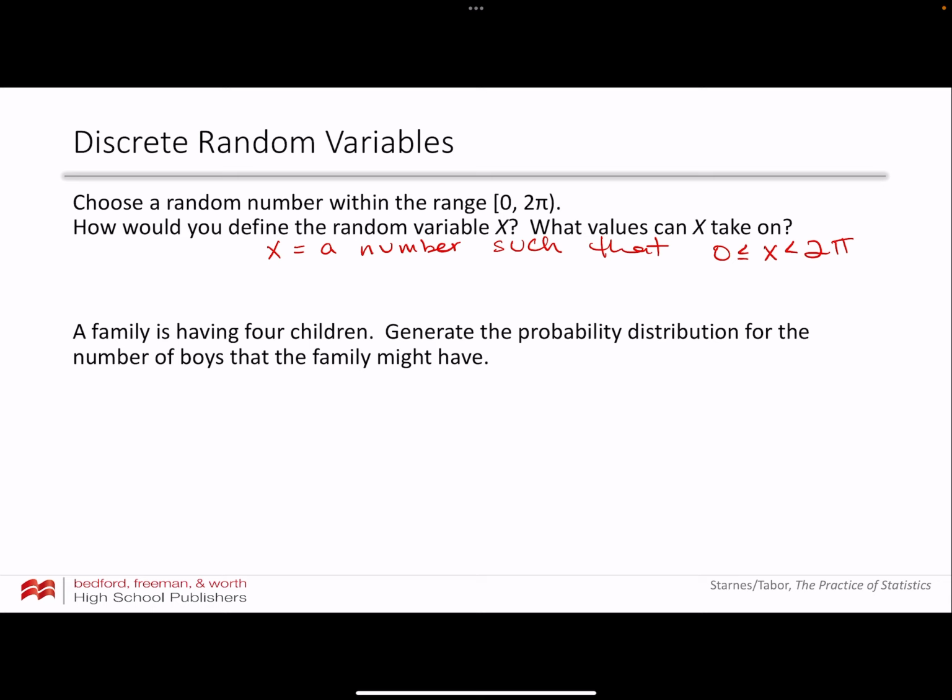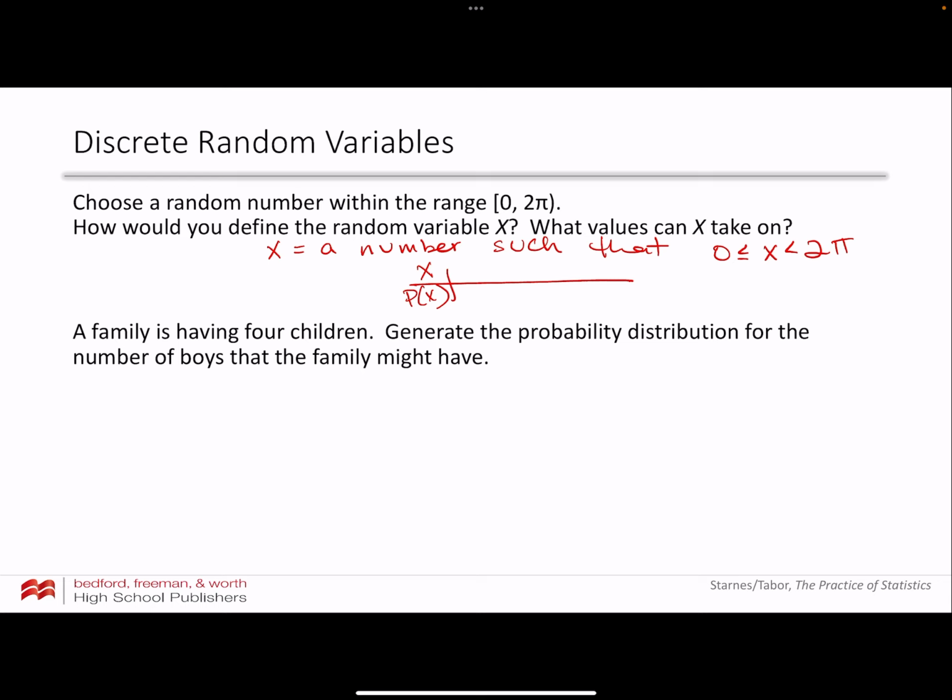What values can x take on? Well, x could be 0. It could be 0.1. It could be 0.001, 0.00001, right? So there's really an infinite number of values that x can take on. There's an infinite number of numbers between 0 and 2 pi. So I can't really go and make a probability distribution table, right? Because there's an infinite number of numbers between that range. On the other hand, if families having 4 children, generate the probability distribution for the number of boys that the